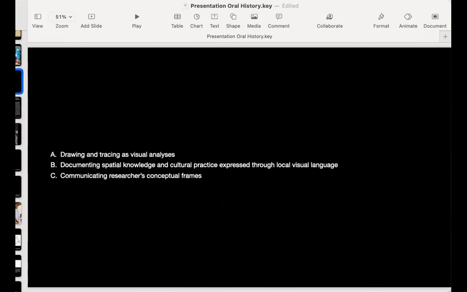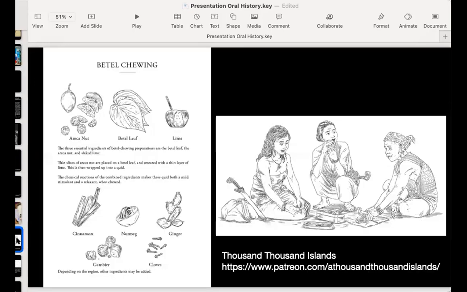we move to this, documenting spatial knowledge and cultural practice expressed through local visual language here. So what do you mean by spatial knowledge here? So, for example,